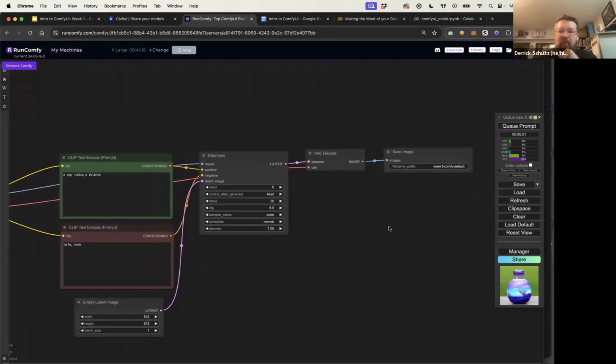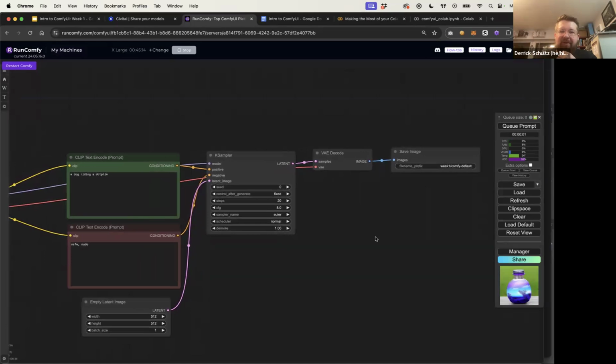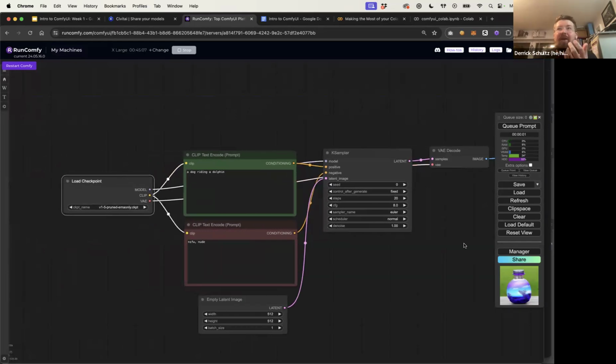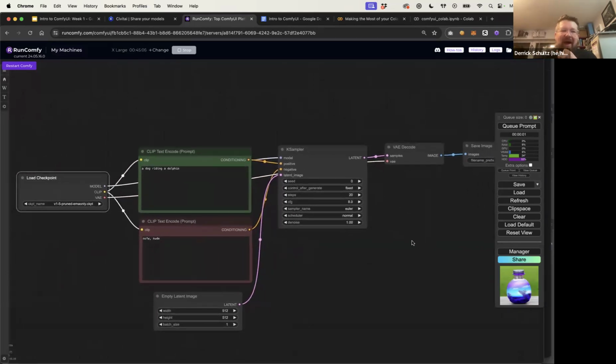Okay. So we have basically now rebuilt the default workflow. We spent a lot of time talking about K-samplers and we spent a lot of time talking about models, but we're basically done here now. We're ready to run this finally after like half an hour. So we can go over here and hit Queue Prompt. And you'll see it creates a green box around our checkpoint. Usually checkpoints take the longest to load because they're massive files. So this might take like 30 seconds to load. And then it's going to quickly move through all of these steps. The K-sampler might also take a little bit of time because we are asking for 20 steps.